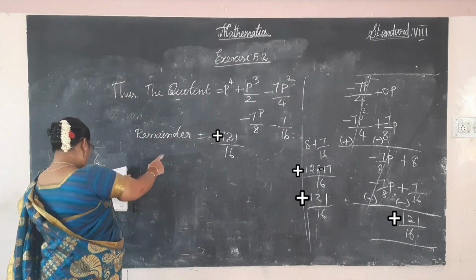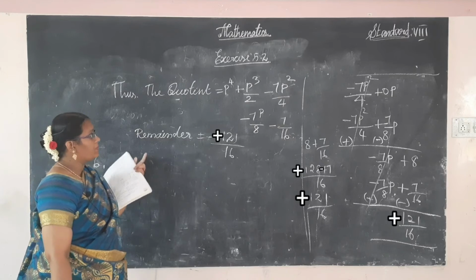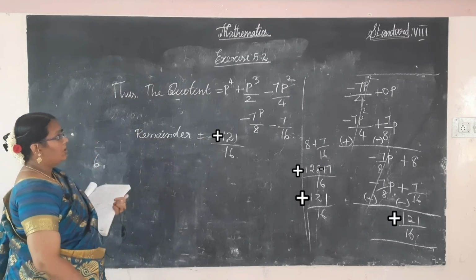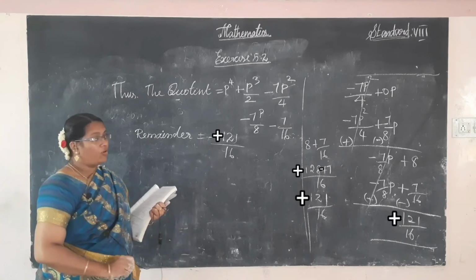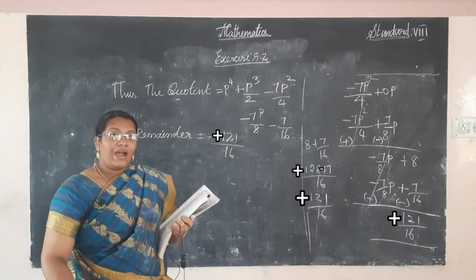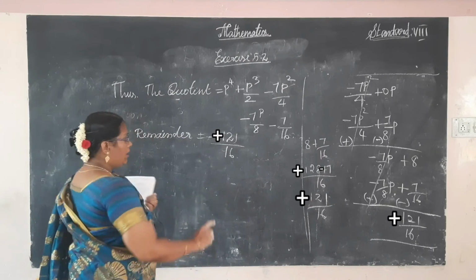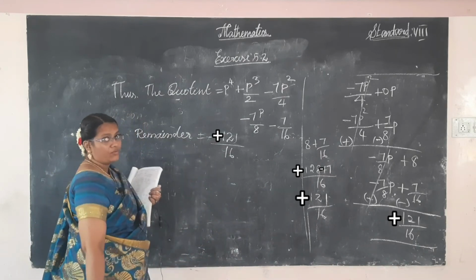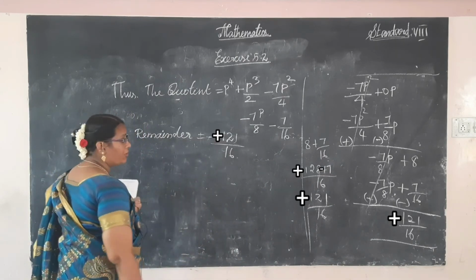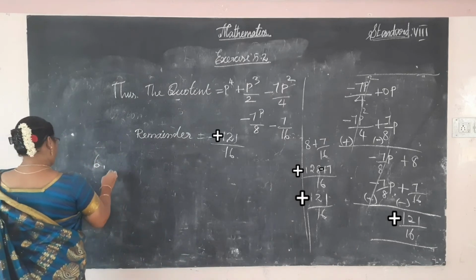See the sixth problem. Here I gave it. Verify the result. You will substitute the values using which formula? Divisor into quotient plus remainder is equal to dividend. You have to find out in this place to verify. That is also homework for you. Now move to the sixth problem.